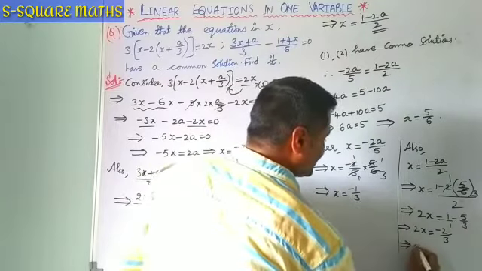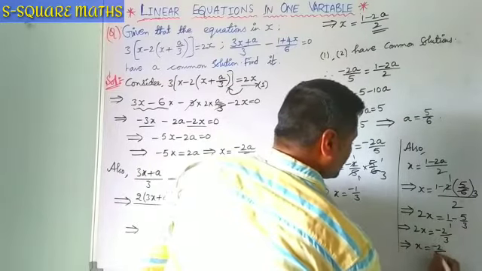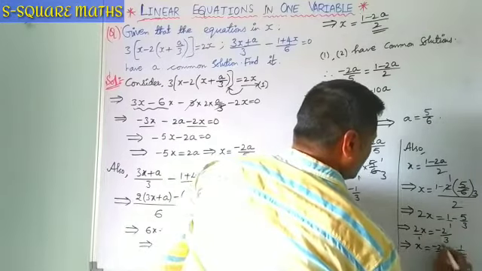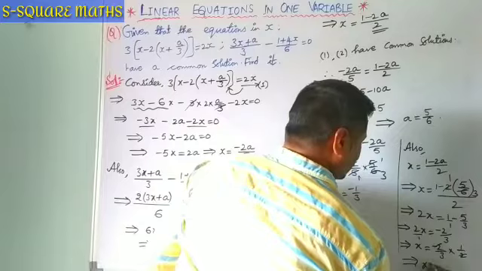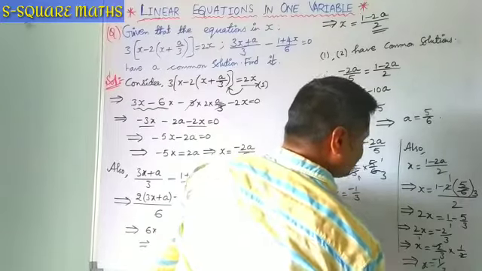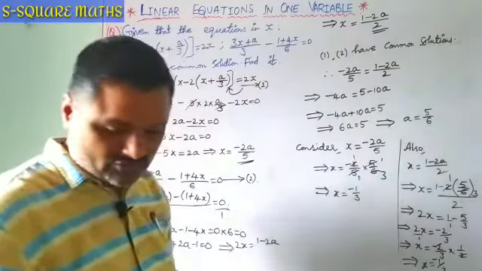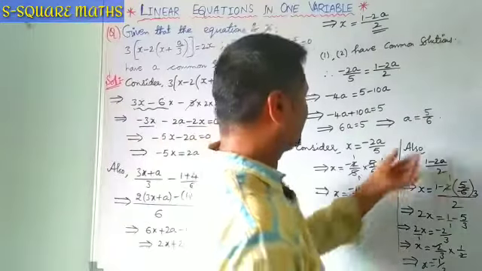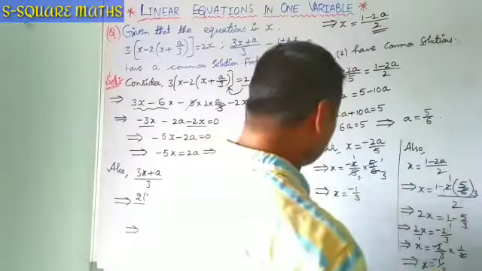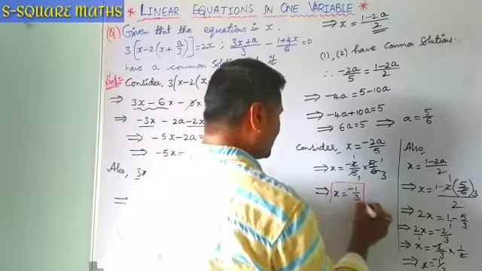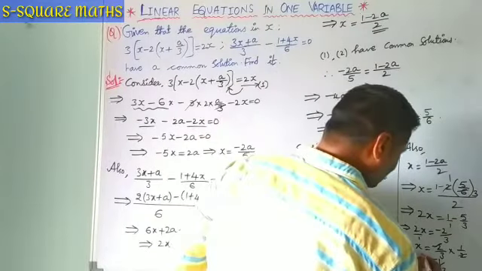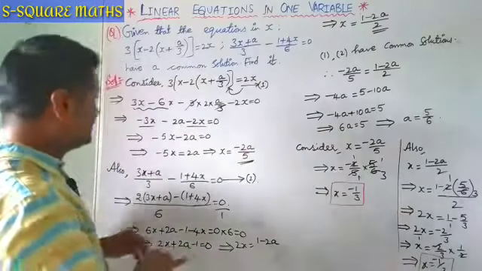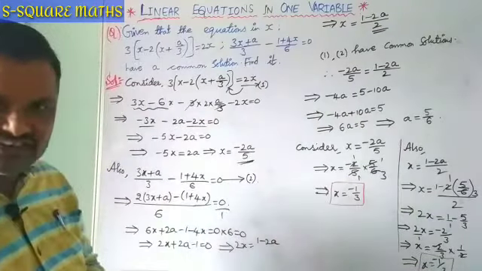So finally the x value is minus 2 by 3 into 1 by 2. 2 and 2 get cancelled here. x is equal to minus 1 by 3. So there is no need to go for both the cases, but for additional information, in one case x is equal to minus 1 by 3, and in the other case again x is equal to minus 1 by 3. So therefore our requirement has been satisfied.